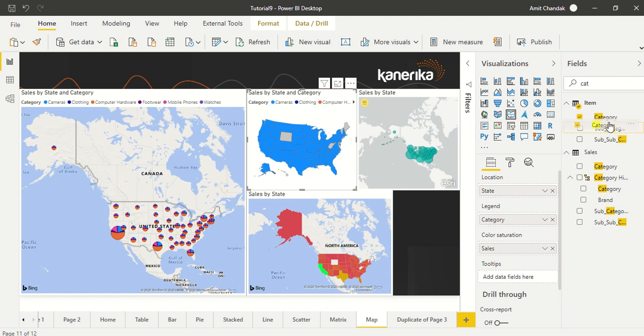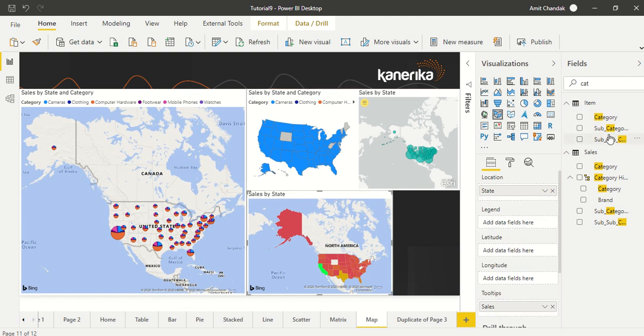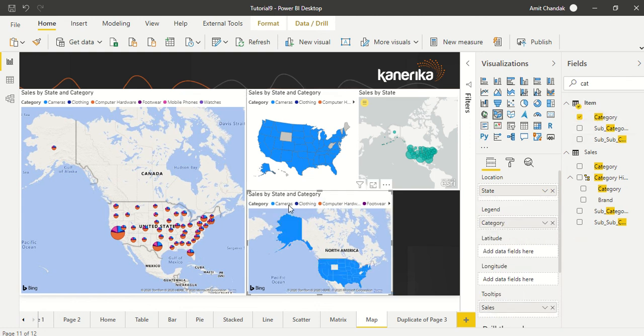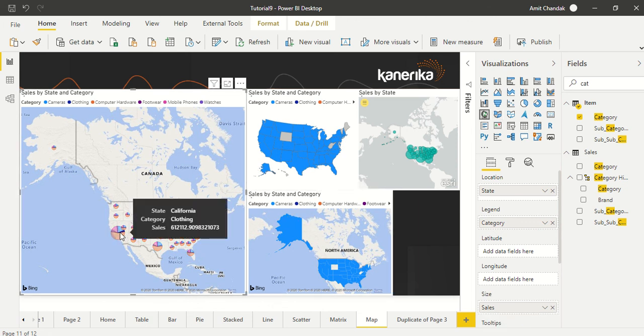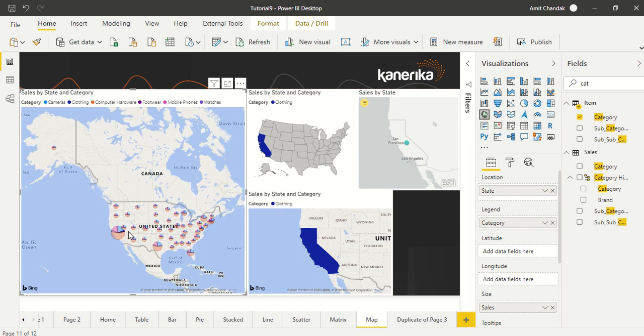Similarly, if I drag category on this visual, the same thing will happen here. It's going to become all blue because it takes the camera value, which is the first legend available. If we want to show the topper of each category in different states, we can play around like this. Just like with all the maps, if you click here, it starts filtering the other maps.